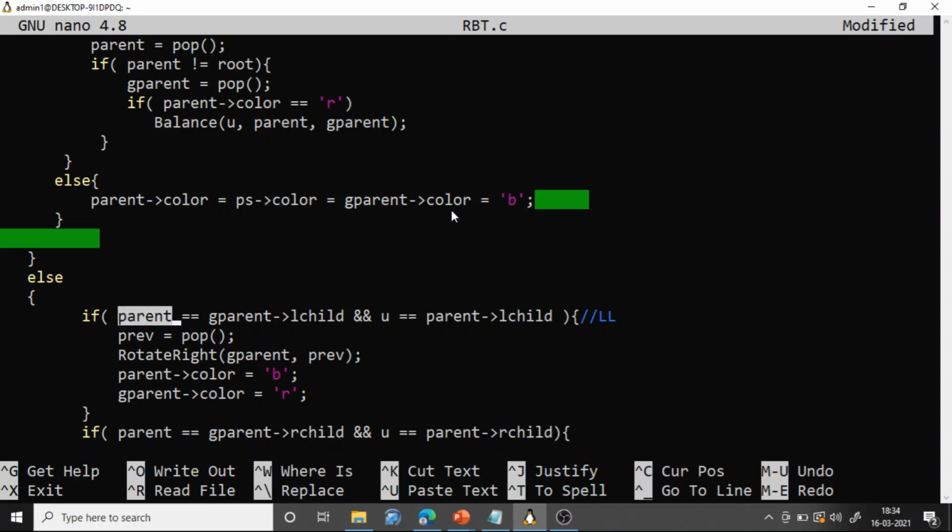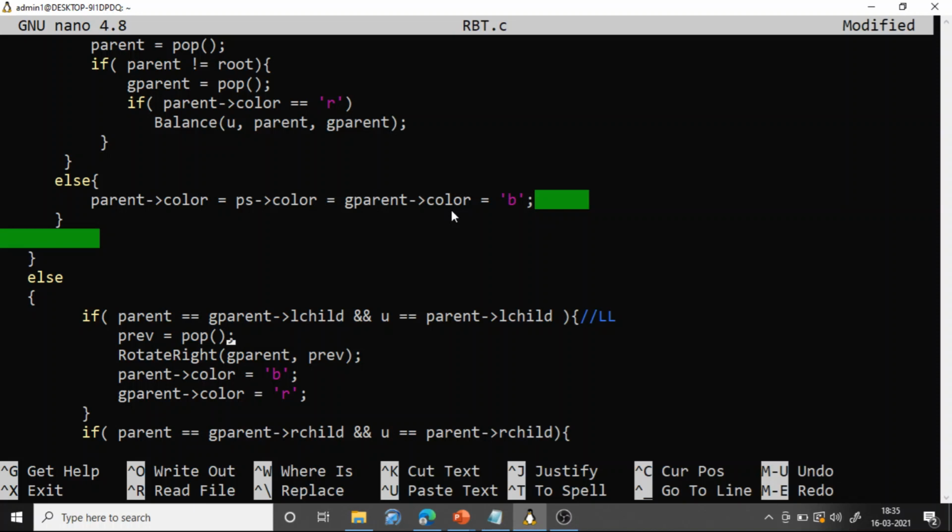So if parent is equal to grandparent's left child, if this condition is satisfied, and also if the new node is the parent's left child, if these two conditions are satisfied, then it is an LL imbalance. If it is an LL imbalance, then you should perform a rotation on the grandparent.